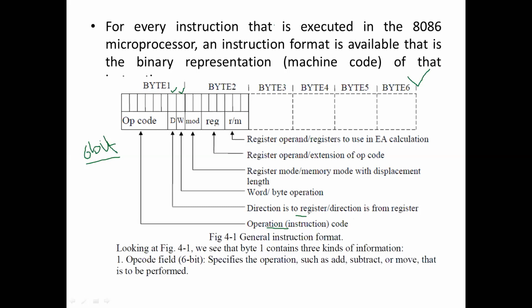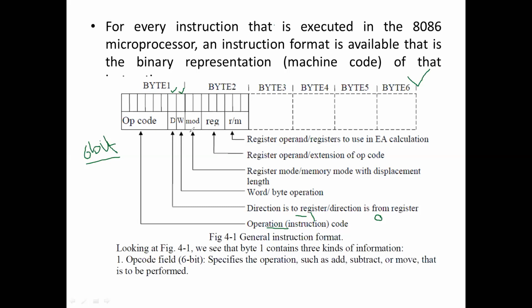The mentioned register defines the destination register, or if the register is a source register, then it will be from the register. So we have either 0 or 1 for the D bit. 1 is for destination, 0 is for source. This will become clearer when we discuss the example.